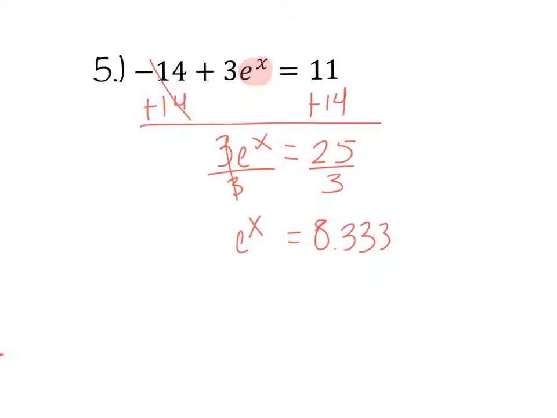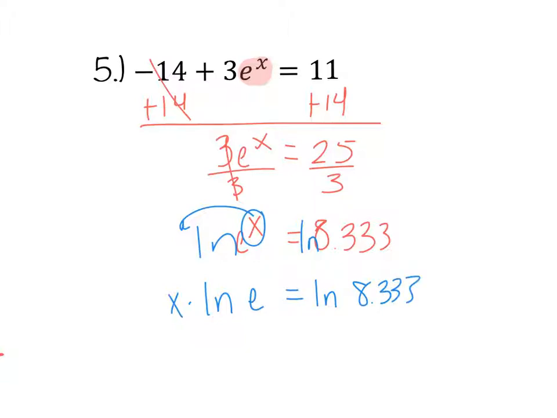So when you have a base e, you have to use the natural log of both sides. That will allow this to move out front. And then you have x times the natural log of e equals the natural log of